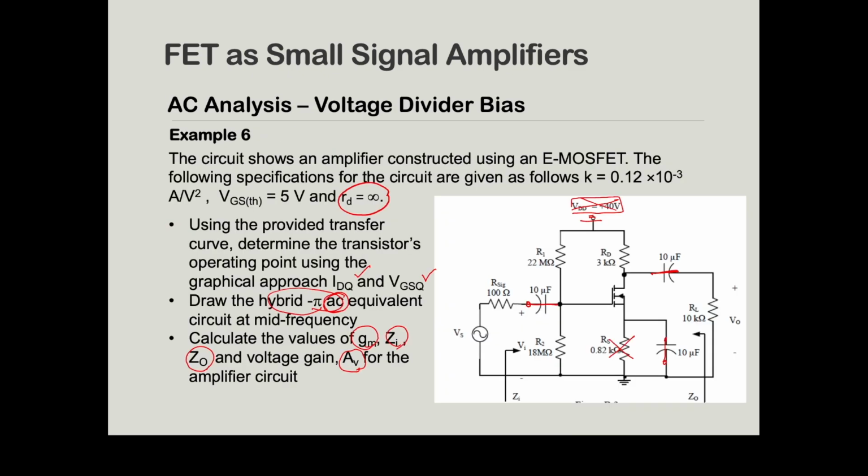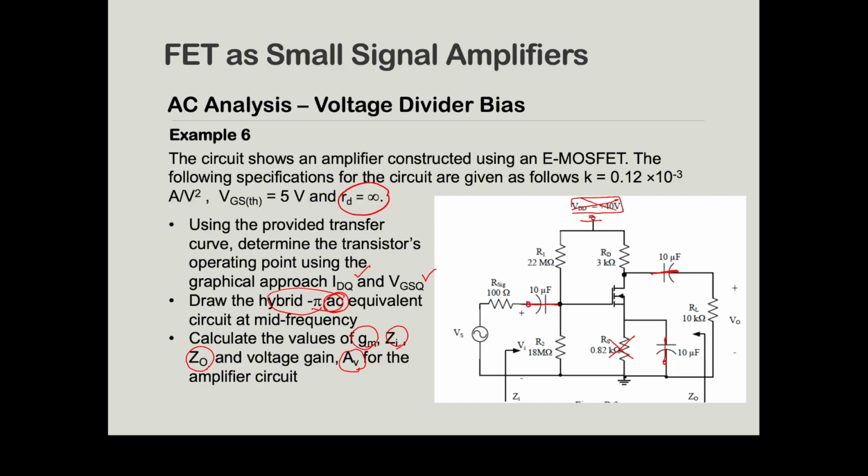So now let's continue to our next example, example number 6. In this example, it's given to us the circuit, and the circuit shows an amplifier constructed using an EMOS, and there are specs given to us: the value of K, the value of VGS-TH, which is the threshold voltage, and the RD. When the RD is infinity, of course,